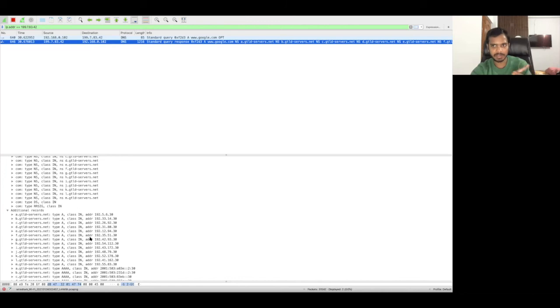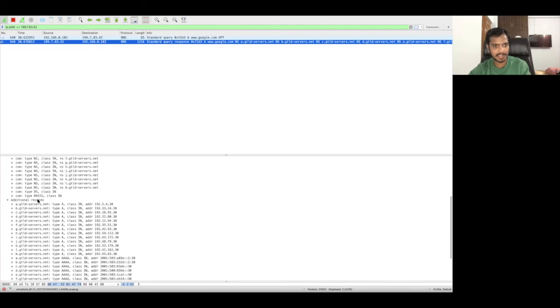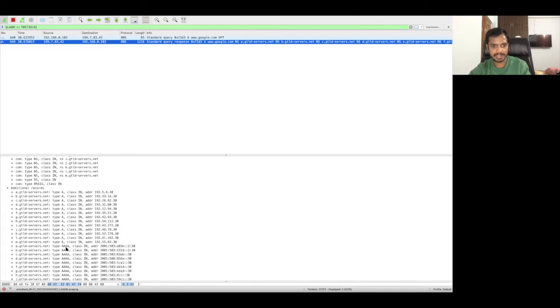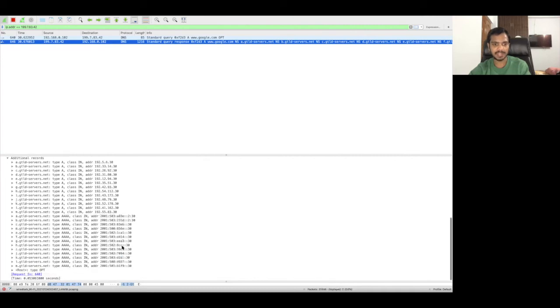That will be there. The dig command was not showing it in the trace, but it's there if you see, right? For all of these host names, like a.gtld, the type A record is there, and the IP address is there. And you can see for all the 13 TLD servers, their IP address, and similarly their IPv6 address is also there. Type AAAA is there for the IPv6 A record, and the IPv6 address is also here, right? You can see all of this here.